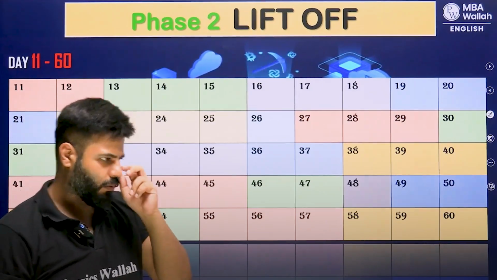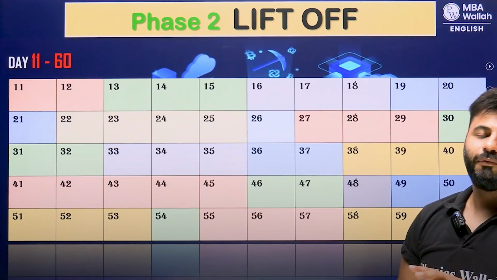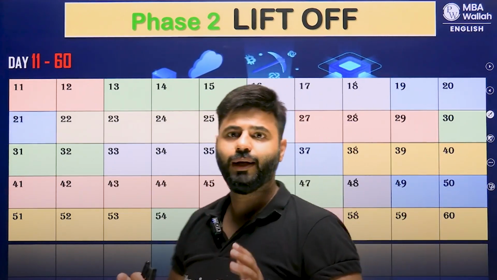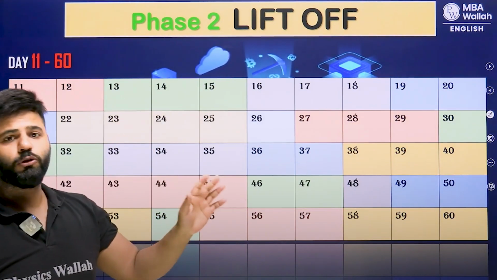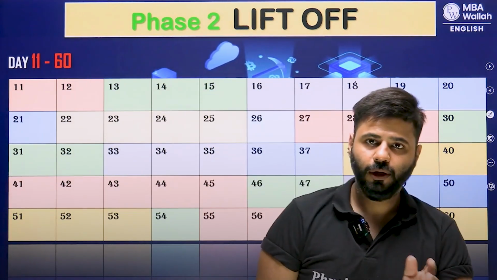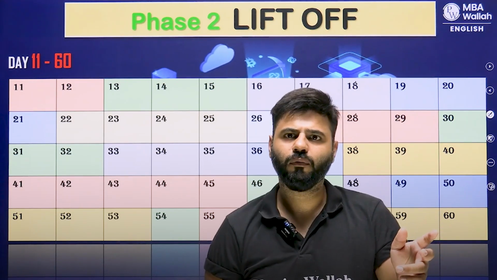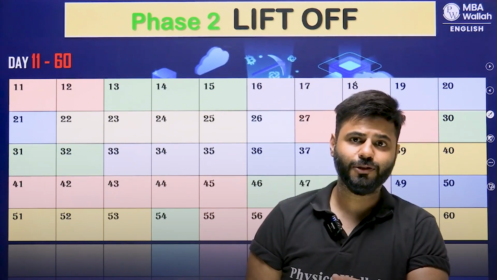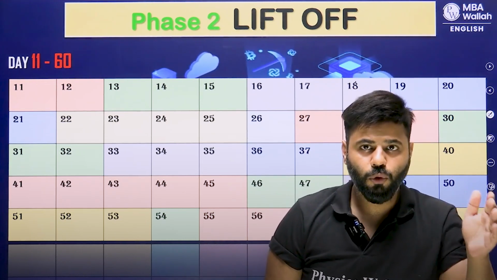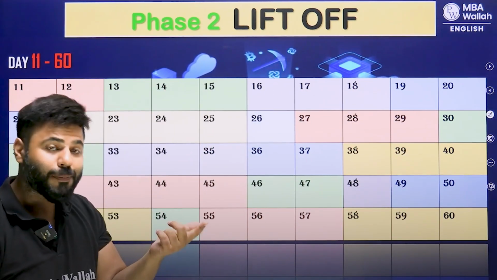Okay, now let's jump to phase 2, the lift off phase, day 11 to 16. This is the phase where we have done the foundation, and now we are here to complete the syllabus. How do we cover the syllabus in the right order so that at a certain point you don't feel like, dude, I have not read this, how can I understand this? So there has to be a right order which we need to follow. You go for step 1, then step 2, then step 3, and so on.